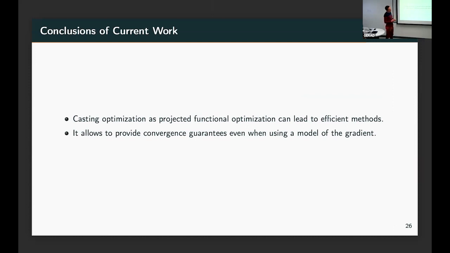Okay. So yeah, casting optimization as projected functional optimization. Honestly, what appeals to me is the perspective. I think it's much cleaner to view this as I'm going to optimize the function and I'm going to try to find the parameters to match this, rather than I'm going to do the optimization in parameter space. It also turns out that in some cases, it leads to more efficient methods, especially in cases, as we discussed, reinforcement learning, bi-level optimization, where getting the gradient of the loss is expensive. And so you really only want to do this once for multiple gradient methods. And it gives you convergence guarantees in a much wider range of settings.